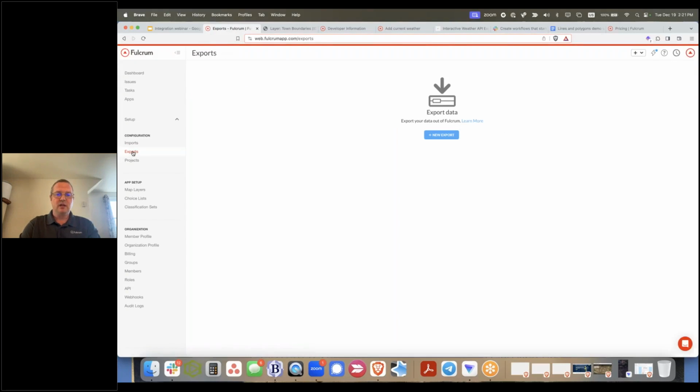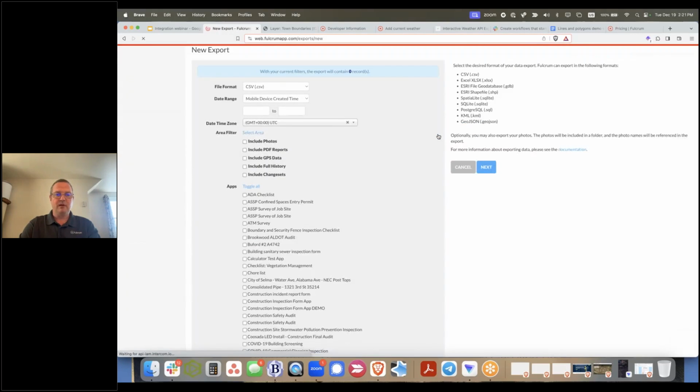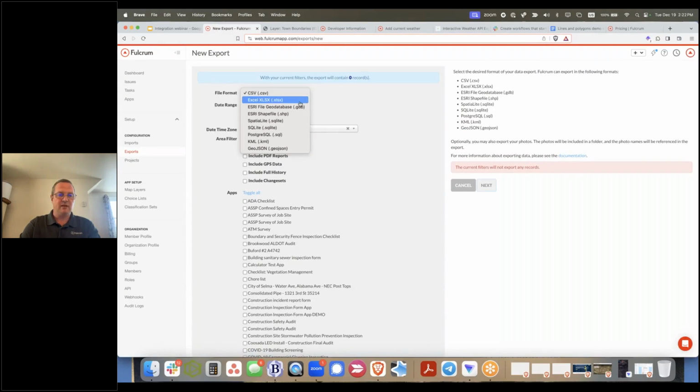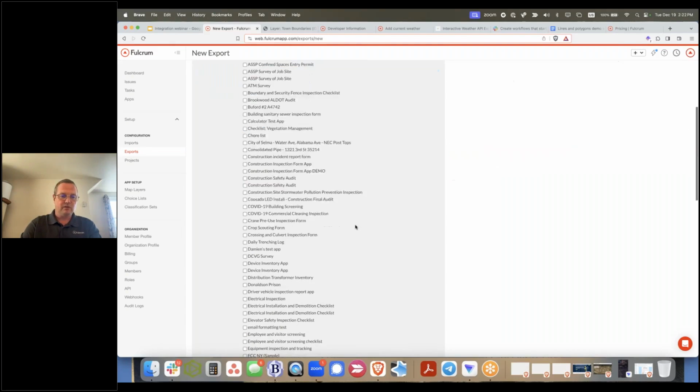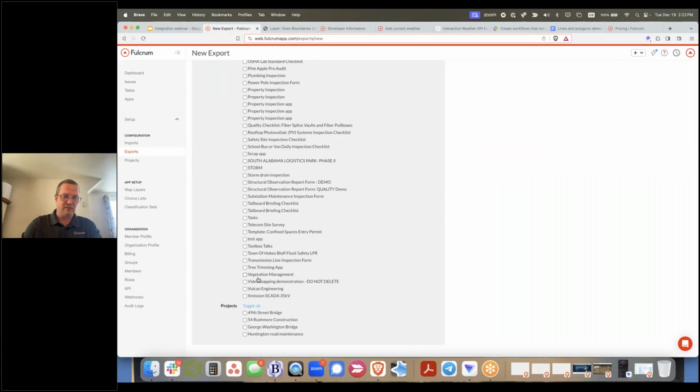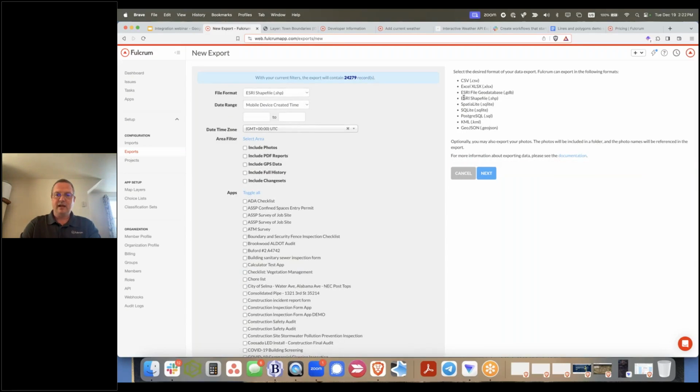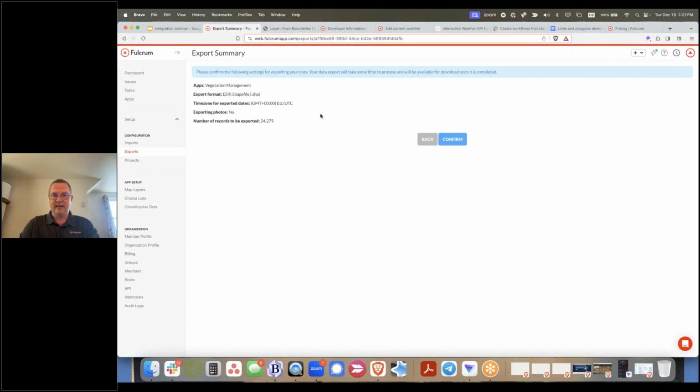Similarly, you can do exports that would come from a particular application, and you can have this be, again, whatever kind of application you want it to be. I personally, you could choose obviously the one that's here as well. If I choose my vegetation management app, then you can see that I would be able to pull out the poles or lines that I have available within there, and it'll bring the geometry along with it. In this case, I've got 24,000 records. And when you start to pull that information out, it would just ask you that you want to do all of that export, which I'm not going to do right now, but that's really all there is to doing an export from